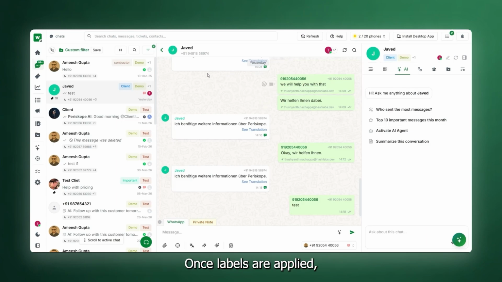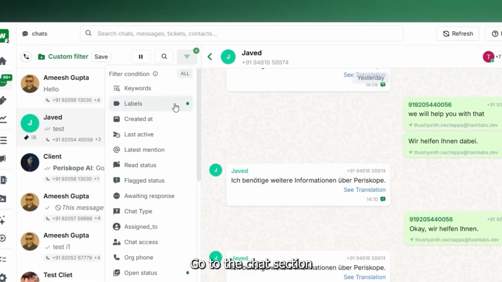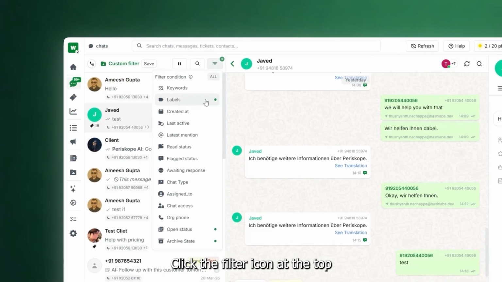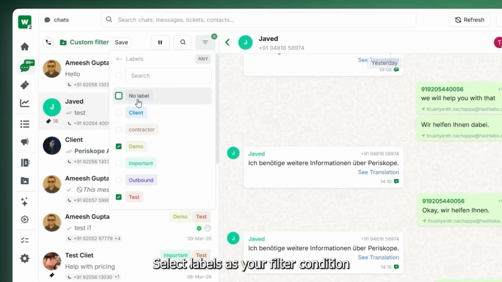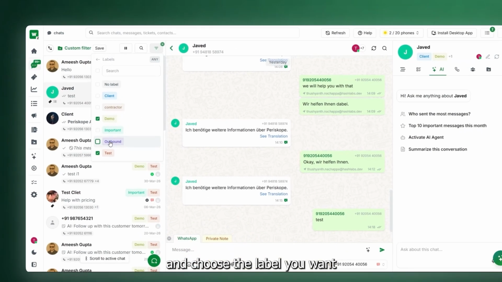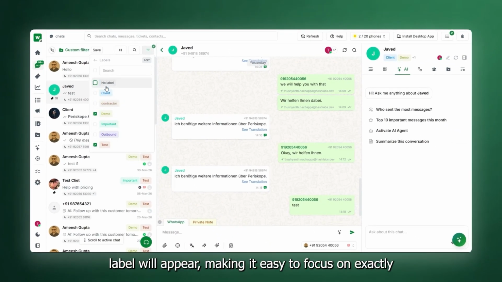Once labels are applied, you can filter your inbox by them. Go to the Chat section, click the filter icon at the top, select Labels as your filter condition, and choose the label you want. Only chats with that label will appear, making it easy to focus on exactly the conversations